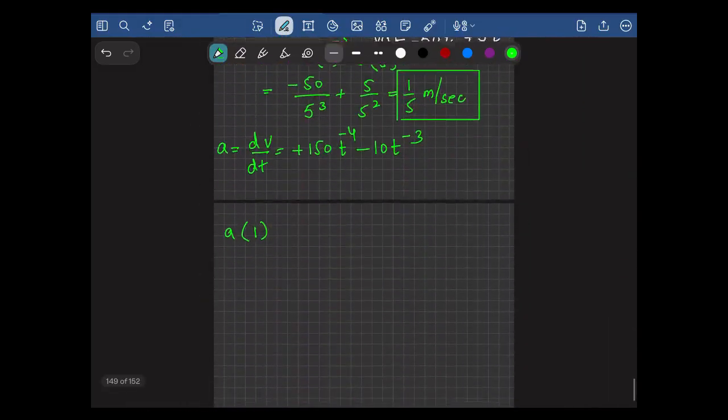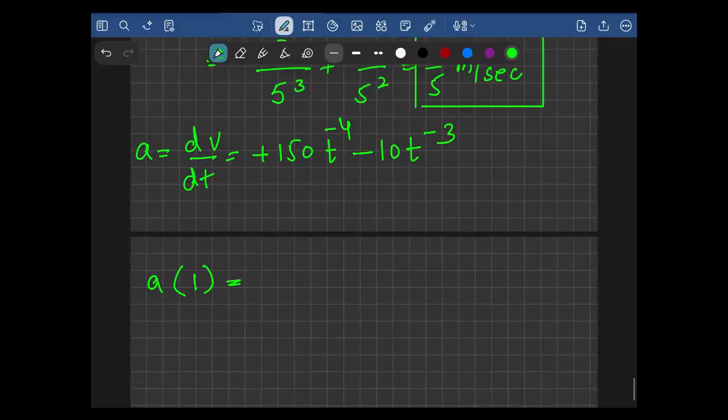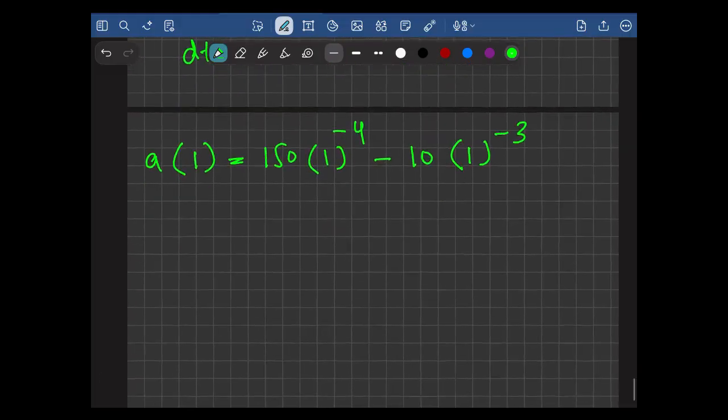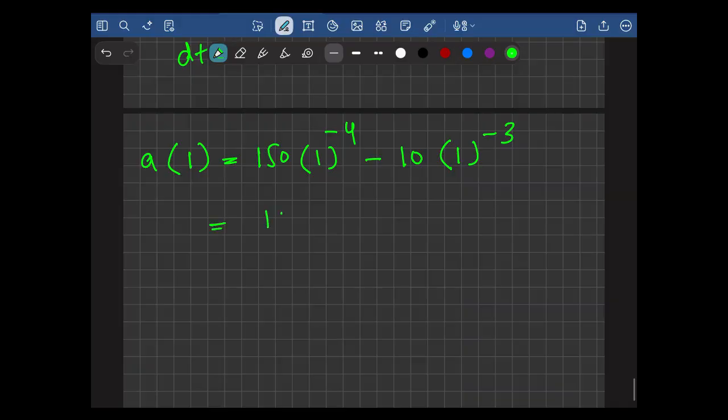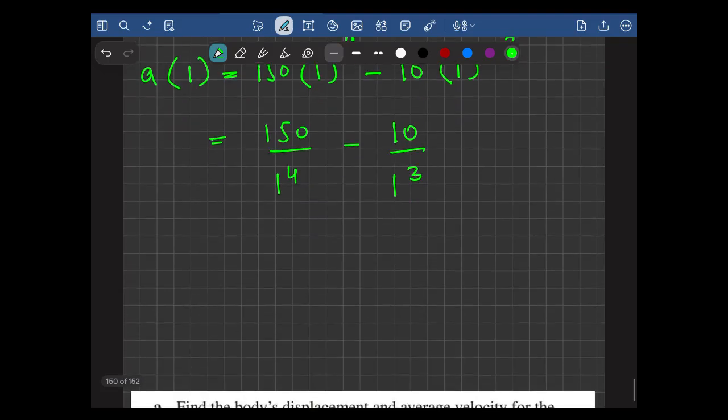So acceleration at the endpoint 1 equals 150 into 1 raised to power minus 4 minus 10 into 1 raised to power minus 3. So it's like 150 over 1 raised to power 4 minus 10 over 1 raised to power 3. It doesn't matter whether we have 1 raised to the 4 form or anything. So this all becomes 150 minus 10 equals 140 meter per second